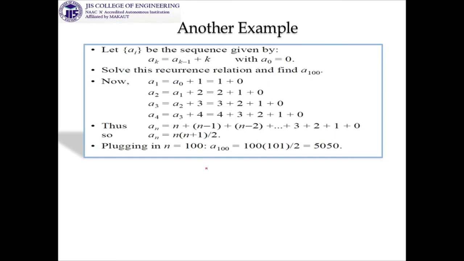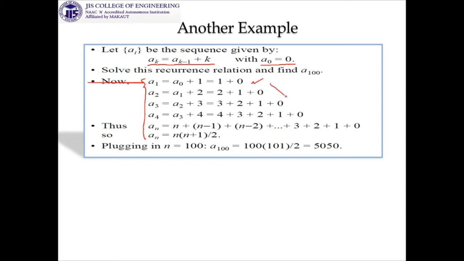Now we are going to start another example. This example gives us a sequence a_k is equal to a_(k-1) plus k, and the initial value a_0 is equal to 0. So it is a simple problem, you please concentrate on this one. a_1 is equal to a_0 plus 1, a_0 is used. a_2 is equal to a_1 plus 2, why is it 2? Because it is k. So this will be the same number as the step number.